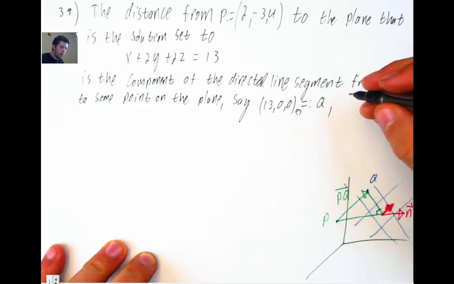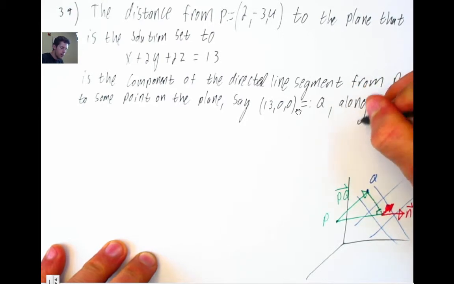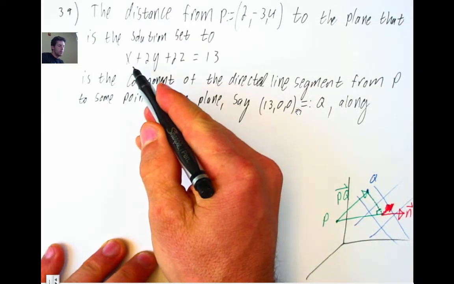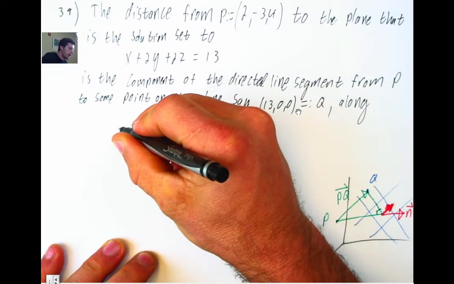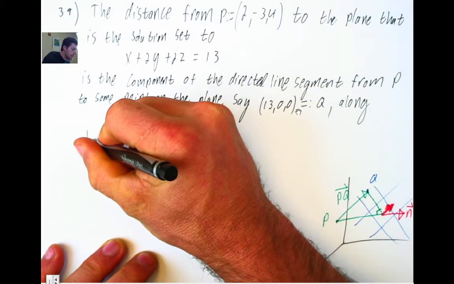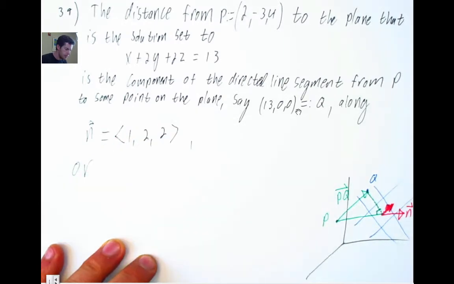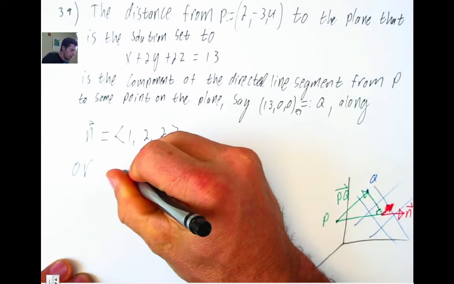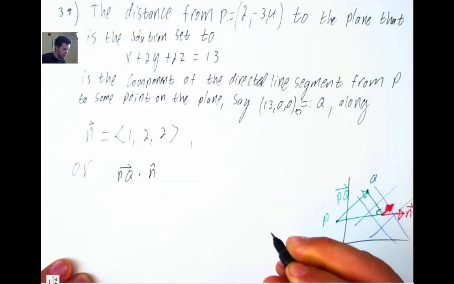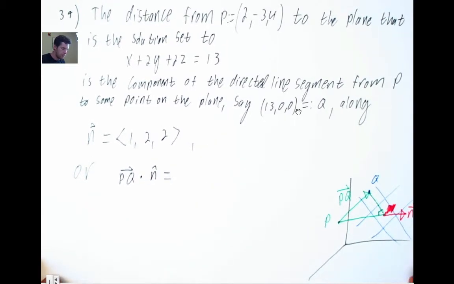Okay, so the component of the directed line segment from P to Q along what I'll call n, and that n, oh yeah, right, you can get the normal vector from the coefficients of x, y, and z here. That is the vector 1, 2, 2, and I'm going to call that n. Okay, and that is PQ dotted with n hat, which is, okay, so first I need PQ,